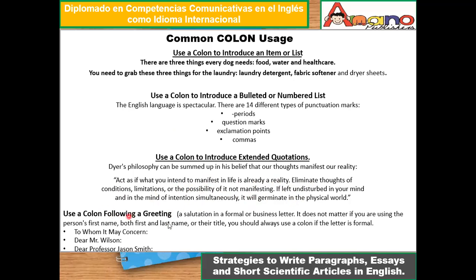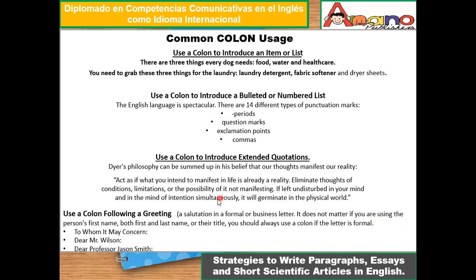And use a colon for greeting. Ustedes pueden utilizar un colon for greeting as a salutation in a formal or business letter. It doesn't matter if you're using the person's first name, both first and last name, or the title, you should always use a colon between, for example, to whom it may concern, colon,